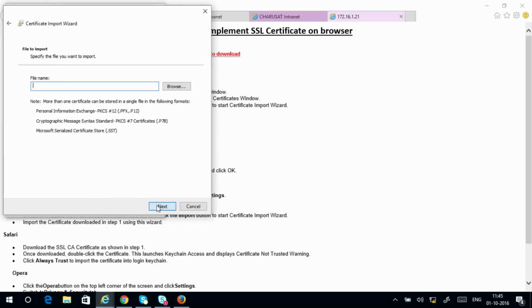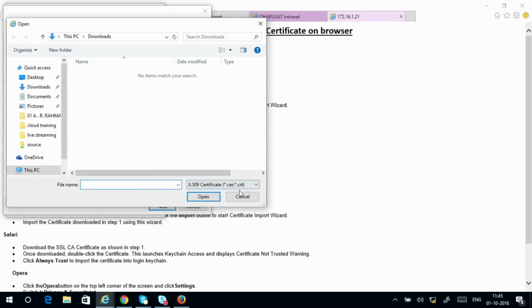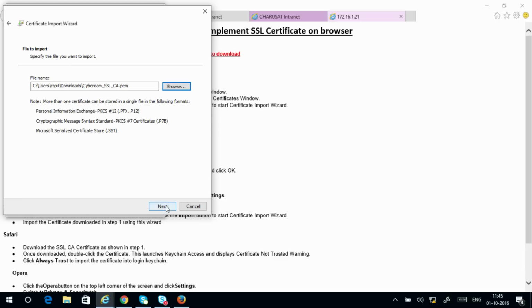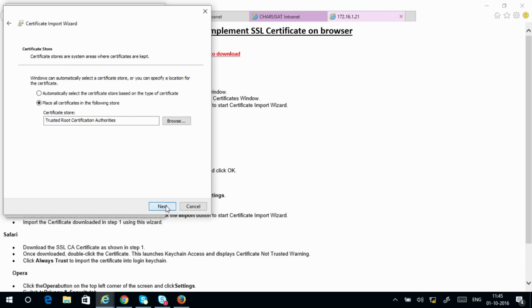Now say next, say browse, and you have to select all files. If you do not select all files, you will not be able to see our downloaded certificate file. So select all files and select the cyberoam_ssl_ca.pem file. Open it. Say next. Again next.